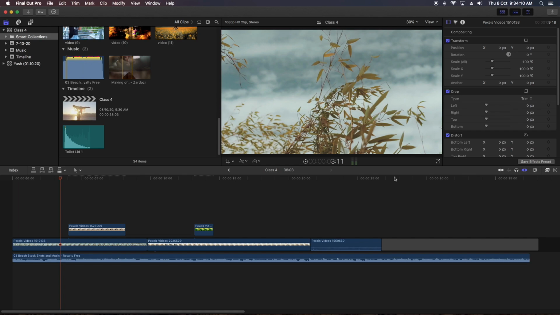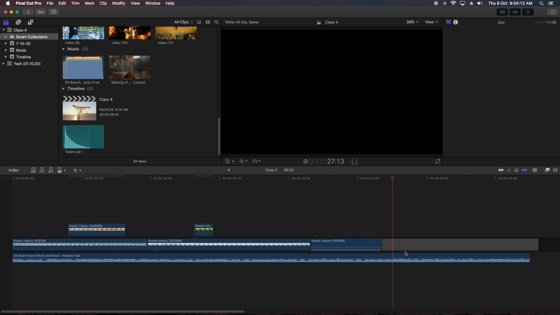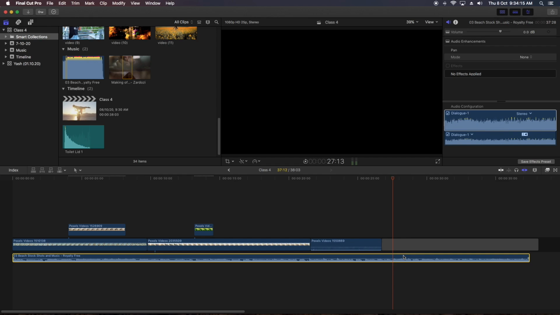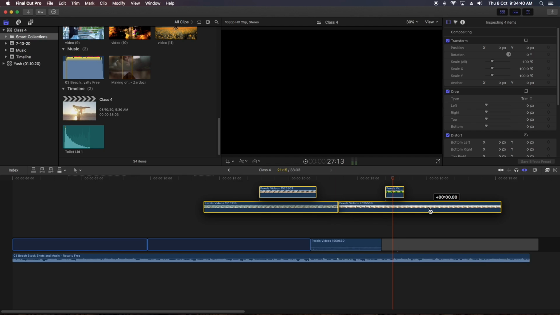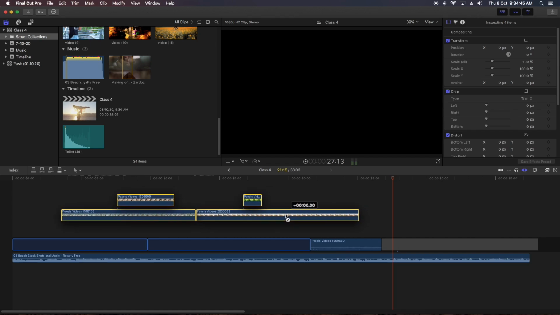How? I have to place my cursor here, then select my clip, Option and Command click, and now click on this. Now left clicking on the audio track, it automatically connects my clip to this upper magnetic part. Okay, so now if I move all these clips, even the audio will not move. This is the problem you were facing from yesterday, but now you will not face this problem.